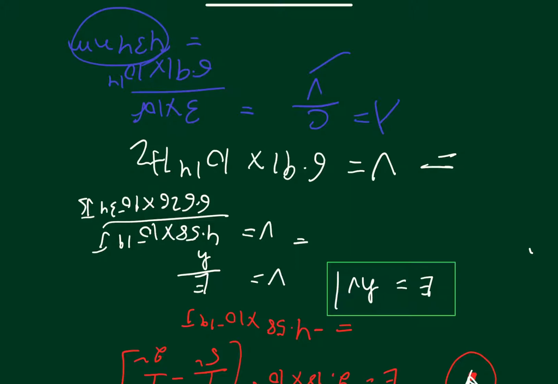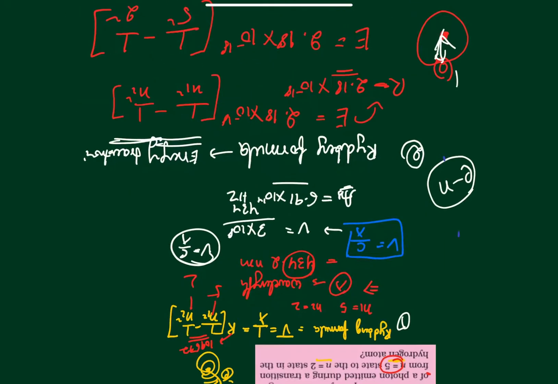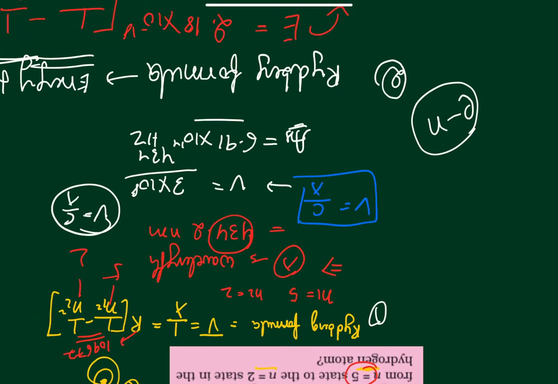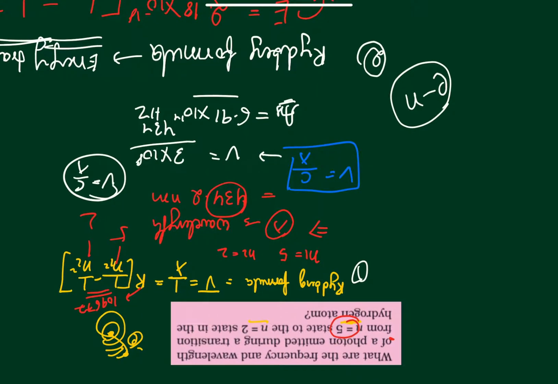Because the electron in this question is going from one state to another, you can use both the Rydberg formulas. The Rydberg formula for wave number, from which you get the wavelength and then the frequency, or you use the Rydberg formula for energy, from which you get the frequency first using E is equal to h nu. This is the formula that Planck gave, and from that you get the frequency first, and then you use this formula to get your wavelength. That's it.